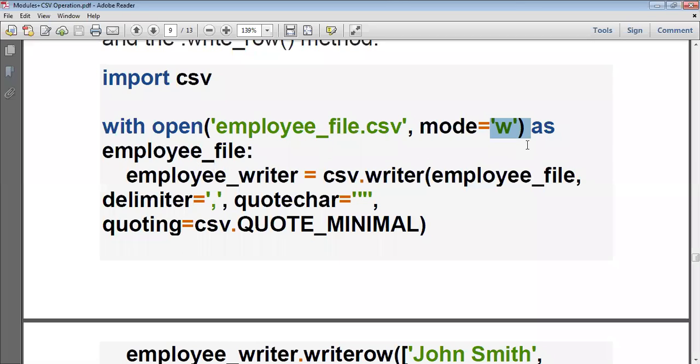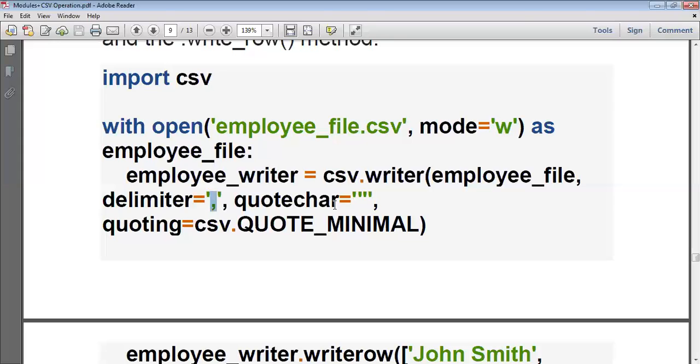Okay, so this is the file name. I have opened the file under the name employee_file. Then what I have to write, in this file I am going to write the content. So here, what is the separator I have to use while writing my content? I want to use comma as a separator.